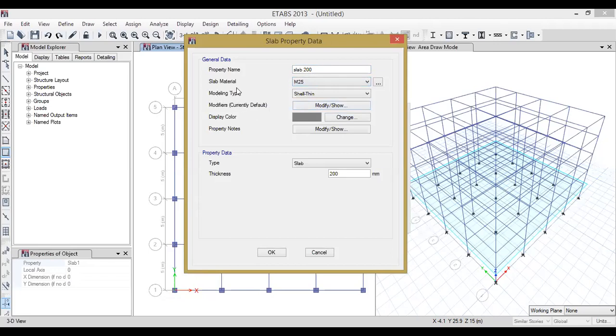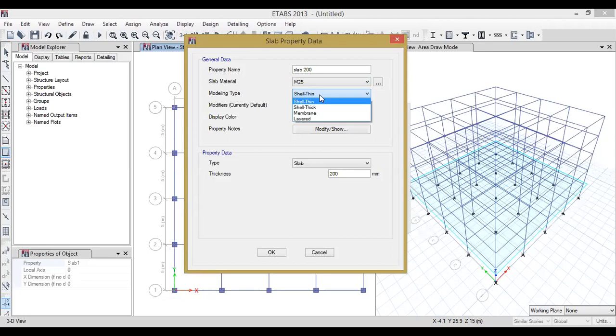Now, this is the important thing, that is modeling type. As you click on modeling type, we get these four different types of slab. First one is shell thin, shell thick, membrane and layered. The meaning of membrane is that these elements are used to represent only in-plane stiffness of a member.